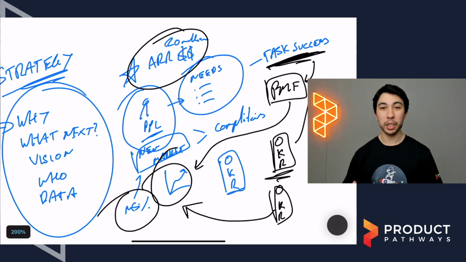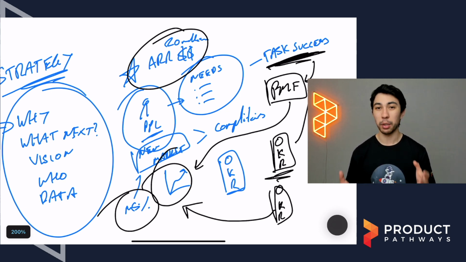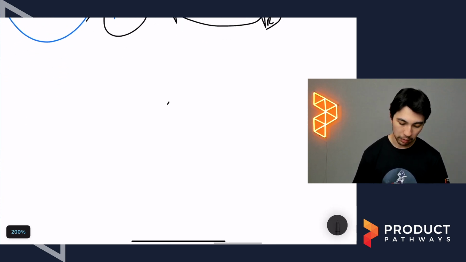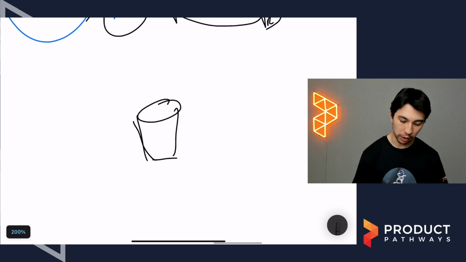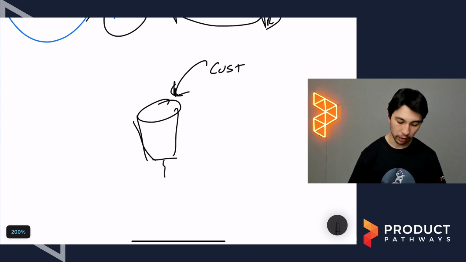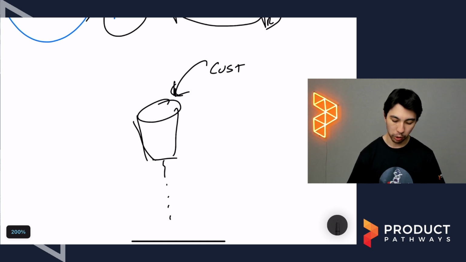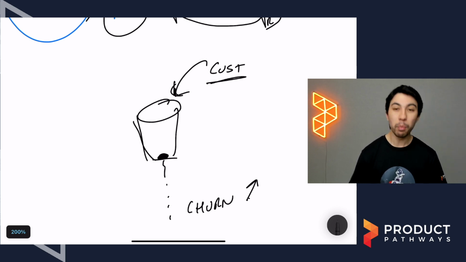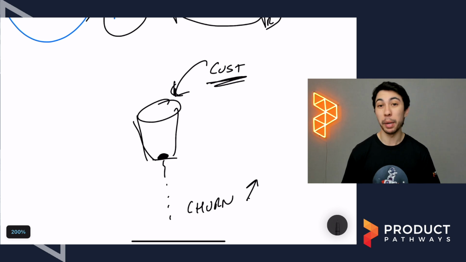But maybe you looked at the product, maybe you looked at your data, you talked to your customers, and really you don't have too much of an acquisition problem. You actually have a retention problem or a churn problem. This is what I often call the leaky bucket. So you can visualize a metaphorical bucket and customers are coming in, or new customers are coming in. And then essentially you've got a leak at the bottom, which is your churn. Now, if you've got a really big hole in the bottom of your bucket and your churn is really high, throwing more people into your bucket might not be the best strategy.